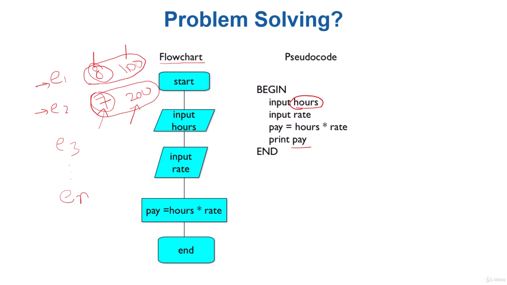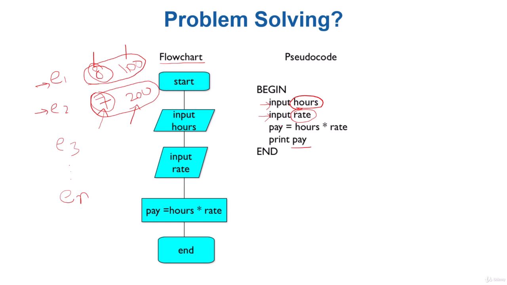Similarly, for whatever employee you are going to compute the pay, once you have taken the hours from some working records, then take the rate for the same employee as well. So input this, that's step 1. Input 2, that is step 2. The sequence of these two steps may change. For example, you take the rate value first and the hours value later. But either way, that's one way of